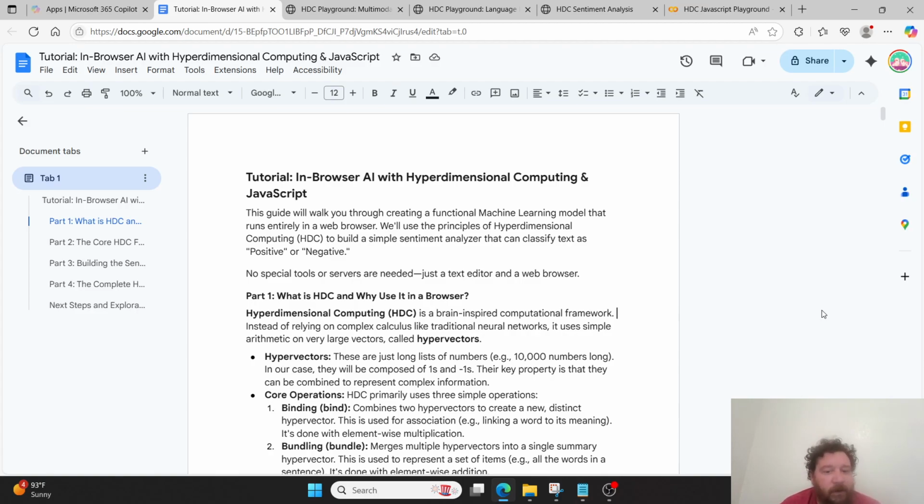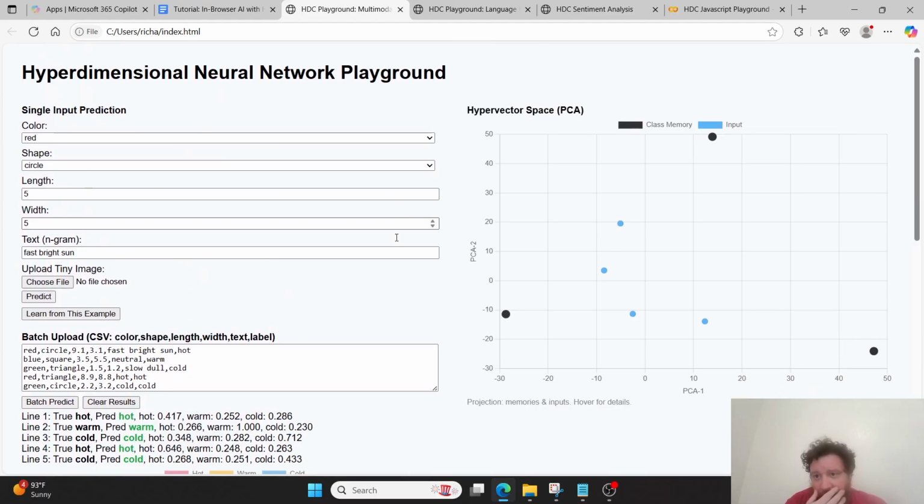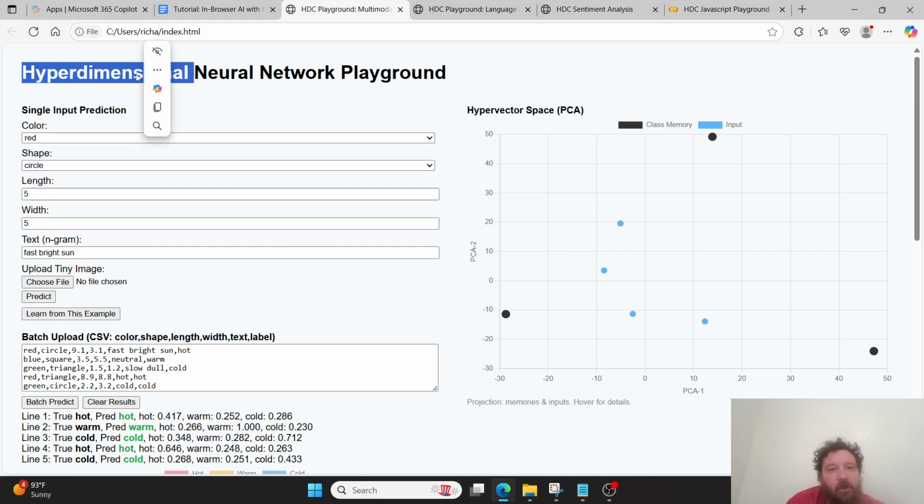I came across this concept from my LinkedIn feed, and then someone linked a Medium article about it, and this person described all of this in detail. Then I was playing around with their initial setup, which is this, right? This is what they created. And I got this code from their article, but then they paywalled the entire article. The whole thing is behind a paywall now, but I do have the code here for the hyperdimensional neural network